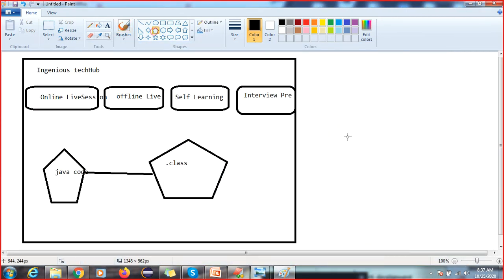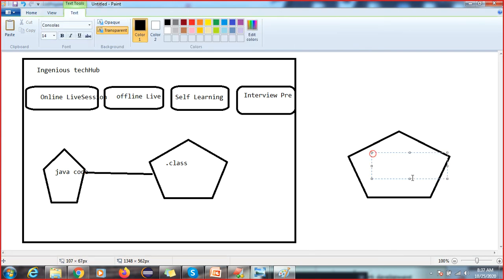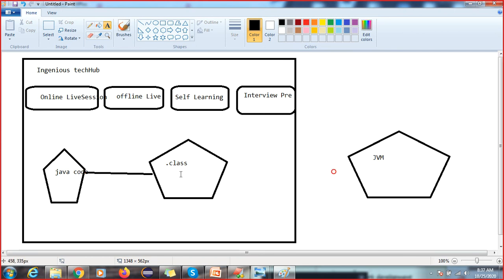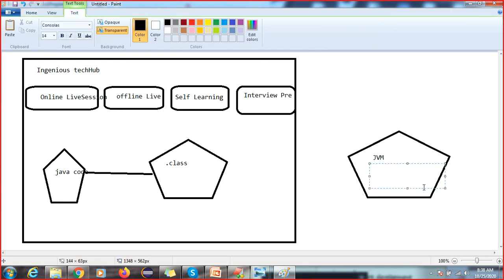So I'll tell you, this is our JVM software. This is the code, and this is how to interact with the JVM. The people who developed the JVM developed one logic inside this JVM, and that is the main method logic.